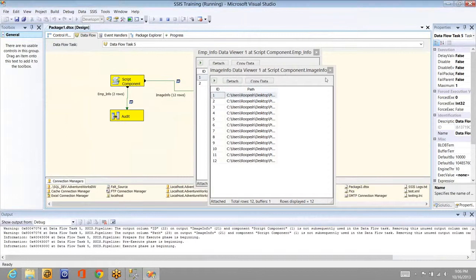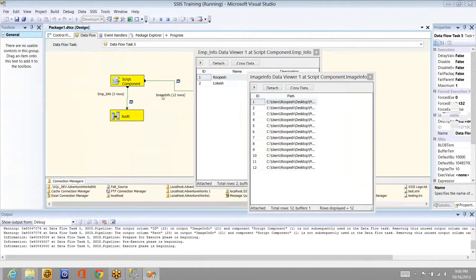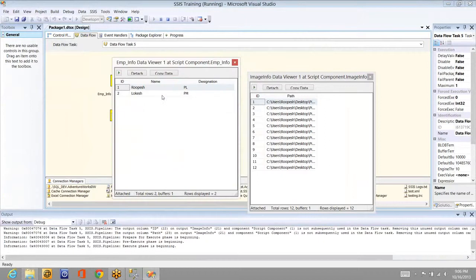Now you can see it is flowing through two outputs. The first output, this is employee info, whatever I've created manually. And the second one, I'm pulling the data from the database. So it is not mandatory that you have to hard code the values, but the output columns are hard coded. Like you have to add the values, like whatever I've shown you in the first case.